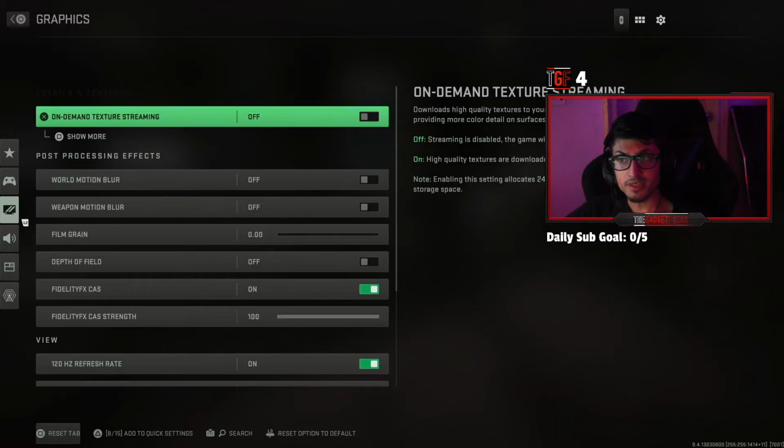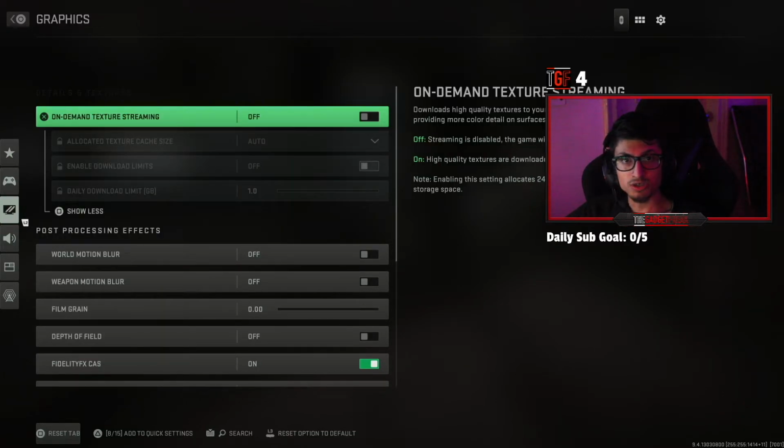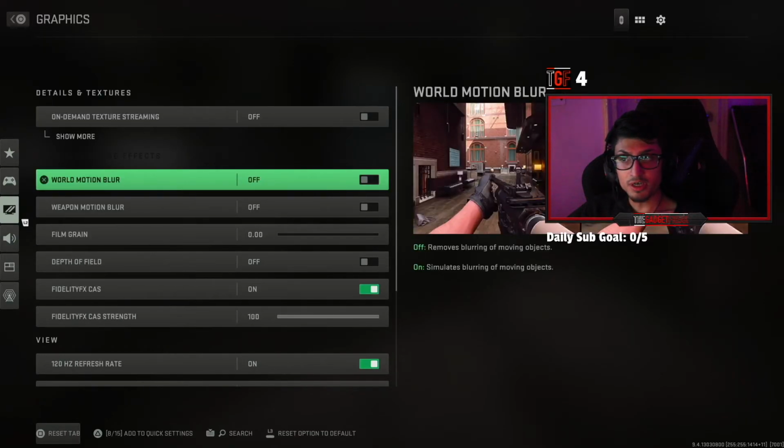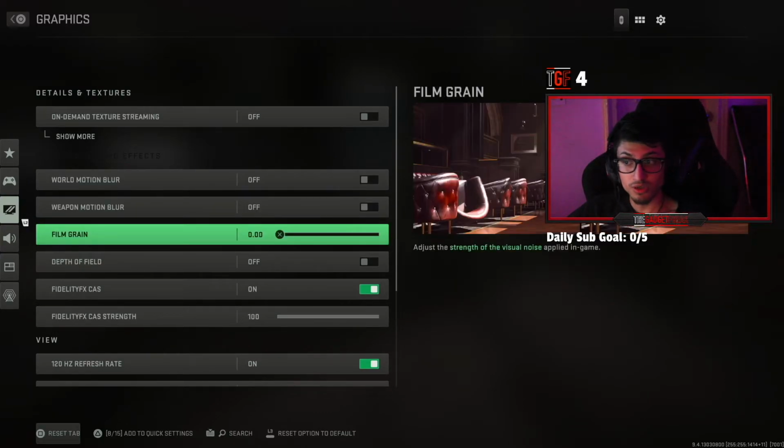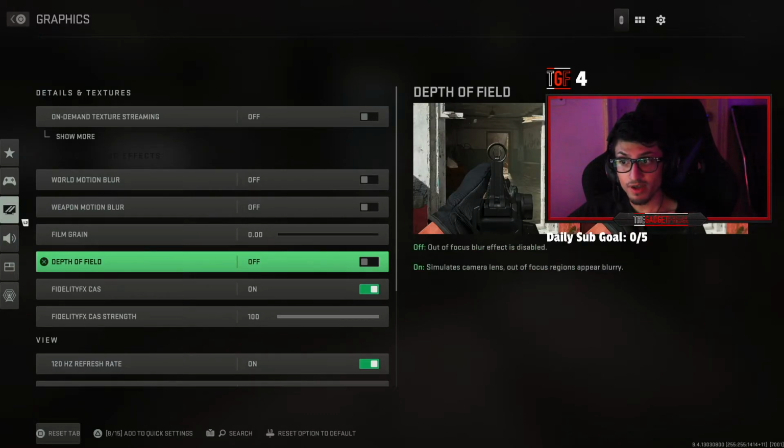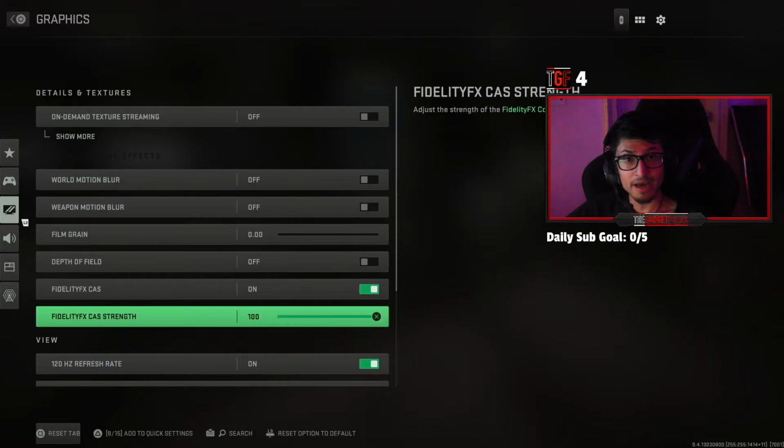Now coming on to graphics settings, we will keep the on-demand texture streaming set to off. And the reason for that is to minimize any and all latency. Now we definitely should turn off all the processing effects. World motion blur should be set to off, weapon motion blur should be set to off, film grain should be set to 0, depth of field effect should be set to off, and in a competitive game where milliseconds matter, it is important to be able to get in as much information as possible by keeping all those 4 settings off. Now keeping fidelity FX on will allow you to get clearer targets in the distance, will help the image render clearly, and you will be able to spot enemies from a distance without adding any sort of unnecessary